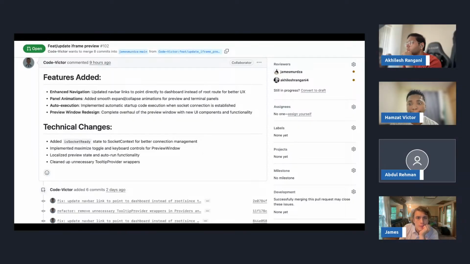Yeah, that could be a good feature to have. I wasn't thinking about that, but that could be nice. Yeah, I got the inspiration from V0. I noticed that anytime I open one of my chats on V0, the preview is already there. It takes some time, but it boots up almost immediately. And it starts the preview right when the socket is ready, so it's not like the user has to start the preview. It runs regardless.